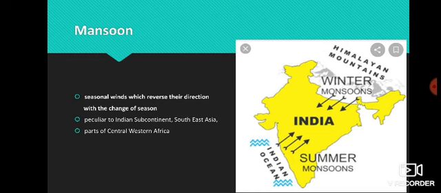Actually there is a wider explanation, but I am not going into detail. This is only a mention of what monsoon is about, because while we are studying geography we will be naming all these winds based on their movement from the starting point to the destination point. Winds are named like southwest monsoon, northeast monsoon, etc. That is a detailed part of monsoon. We are just looking at the simple definition of monsoon, that is just a reversal of the direction of wind.